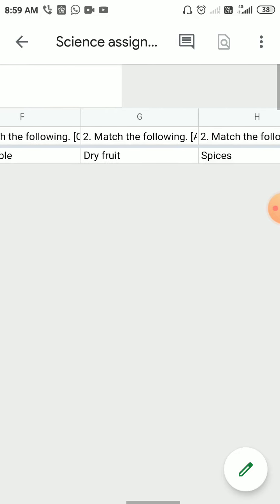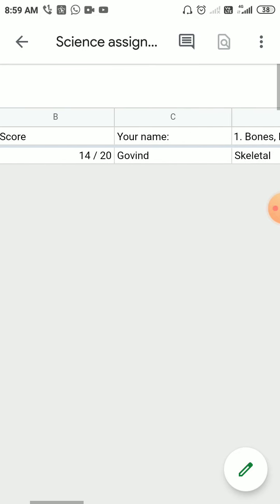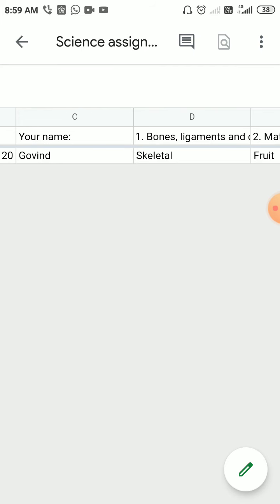As a teacher, you can see how many students attempted this question. Suppose the first question was attempted by the 40 students of my class, and everyone is correct, but one response is wrong. So one child recorded it wrong. You can identify which student attempted this wrong. You can immediately call the parent of that child and ask, beta, where did you not understand? If there is any doubt in that concept or that question, you can ask right then. So parents also get the feeling that my teacher is giving personal attention to my child. So this is a benefit of this Google form.